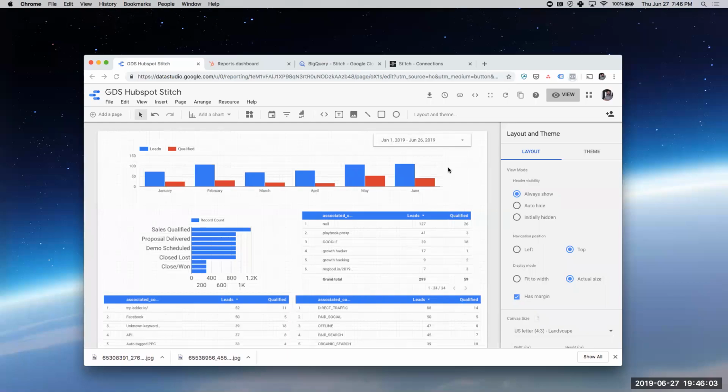Hey guys, I'm going to walk you through how to get HubSpot data in Google Data Studio. So why would you want HubSpot data in Google Data Studio? Good question. The main reason is that your client's CRM, of which HubSpot is a very popular one,